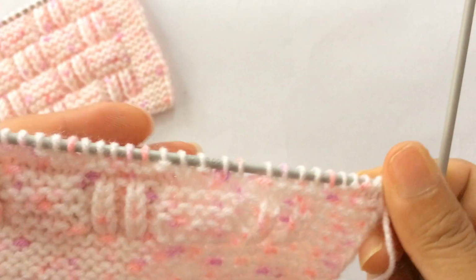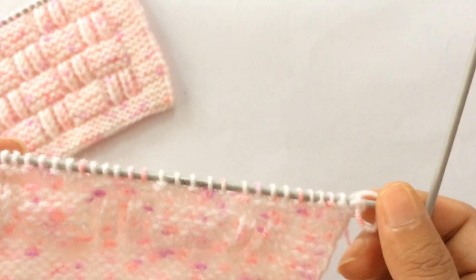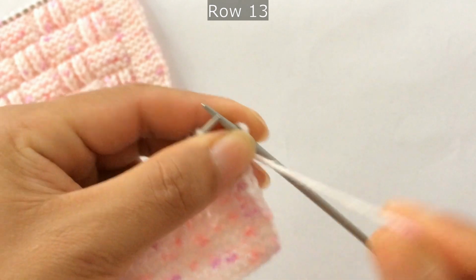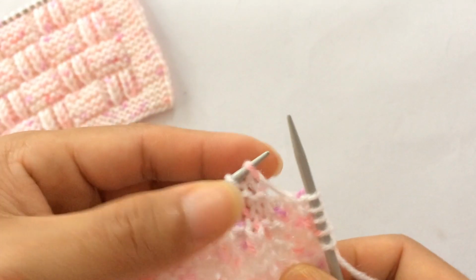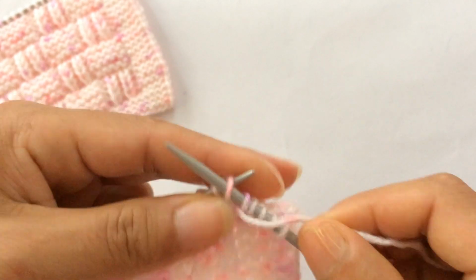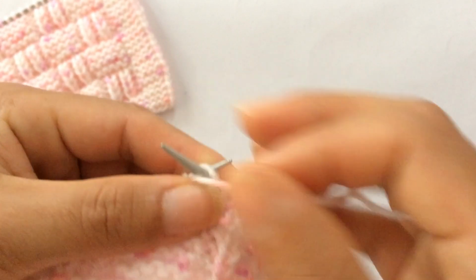So we have done row 11 and row 12 here, and now you repeat these 2 rows, 11 and 12, 3 more times, right? And now I'm gonna repeat these 2 rows 3 more times here. Four, 5, and then knit 1 below, purl 5, start the repeat: 1, 2, 3, 4, 5, and purl 1, knit 1 below,